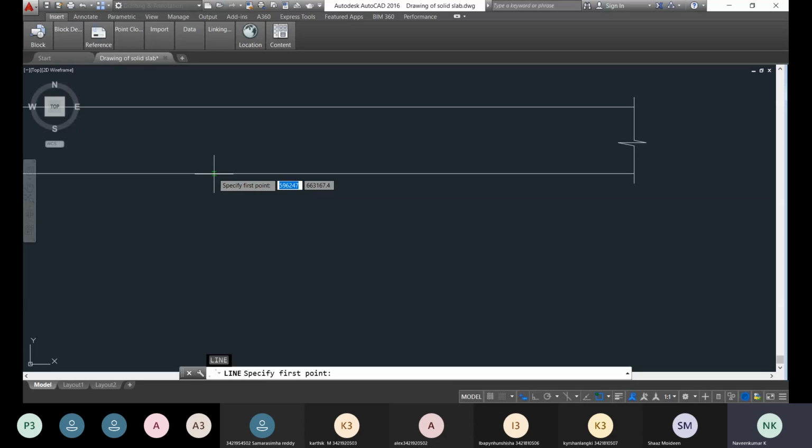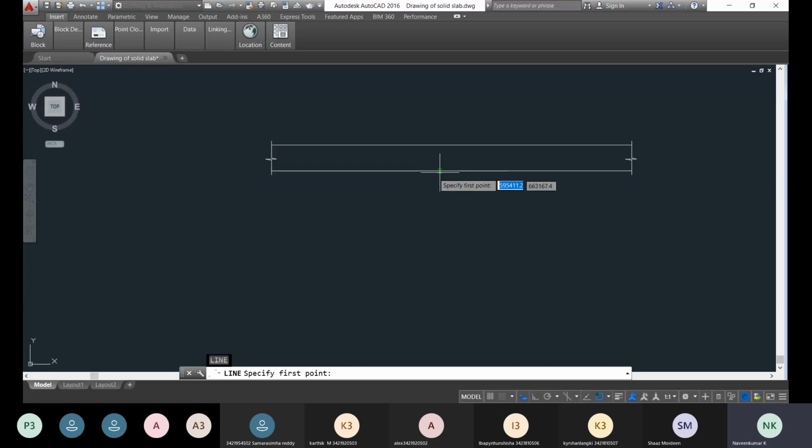As you drag along this line, you can identify the midpoint of this particular line, or else you can go for the dimensioning.